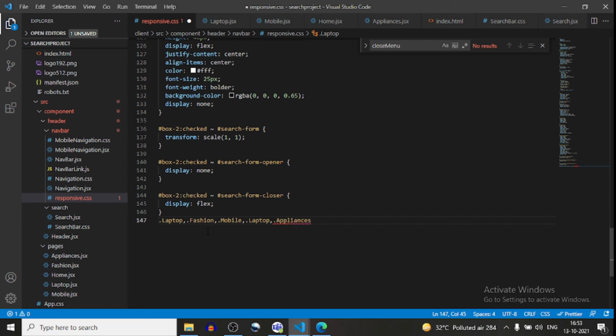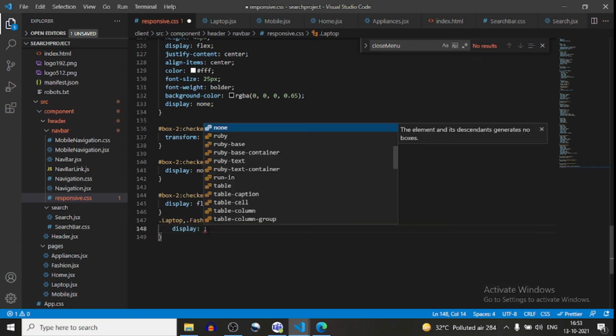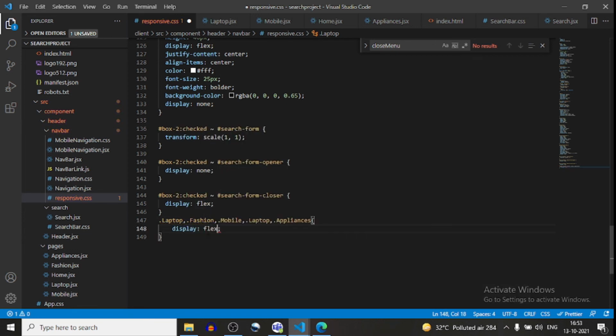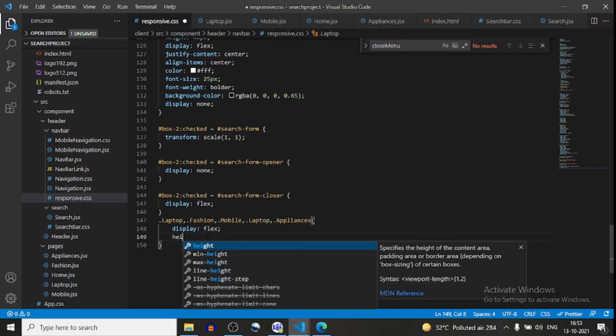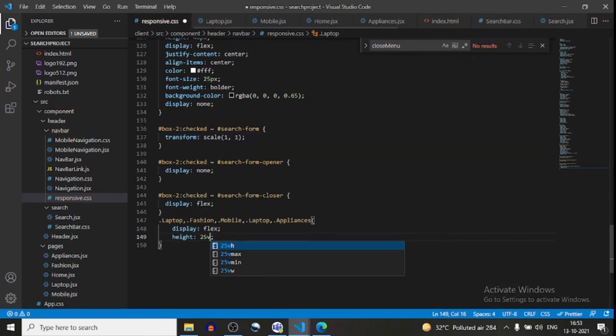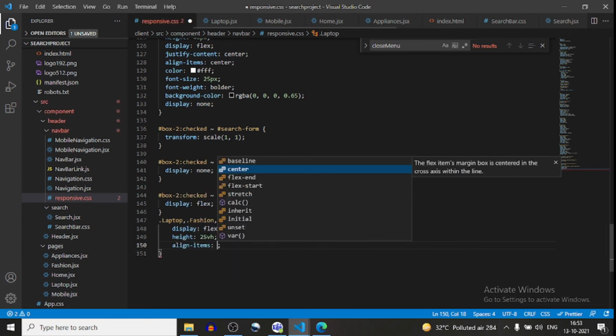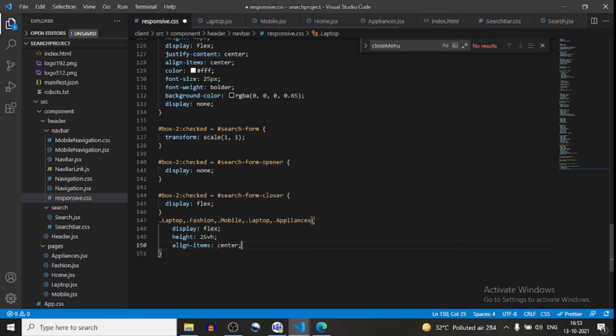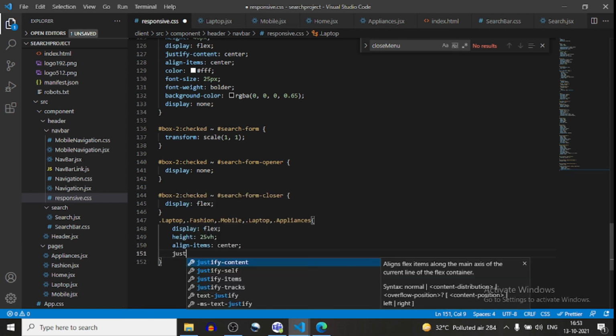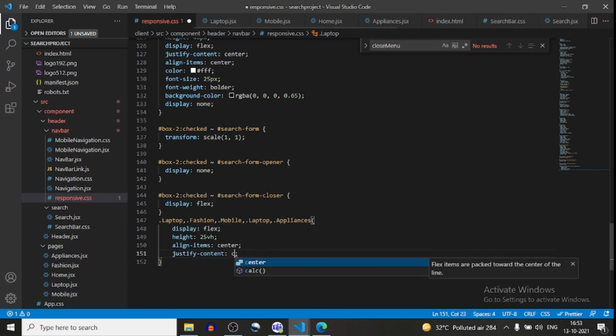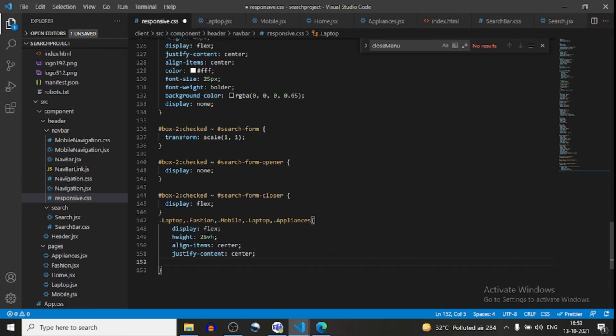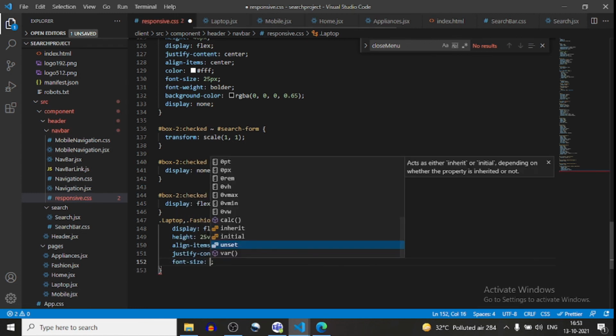Okay, now for all, display will be flex, and height will be 25 VH, and align item will be center, and justify content will be center, and font size will be 3 rem.